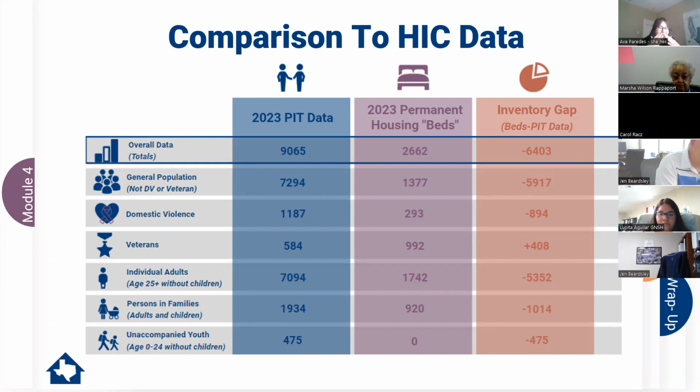So when applying for funding, doing these simple gaps analyses can be crucial when trying to determine the scope and scale of the need within your community, within your LHC. An important goal to keep in mind is to have your funding needs align with the interests and priorities of your LHC. And we want to make sure that we're using the PIT data to drive this conversation. We want everybody to be on the same page in regards to homelessness within our communities and within our LHCs, and trying to align those funding needs with what the data is telling us.